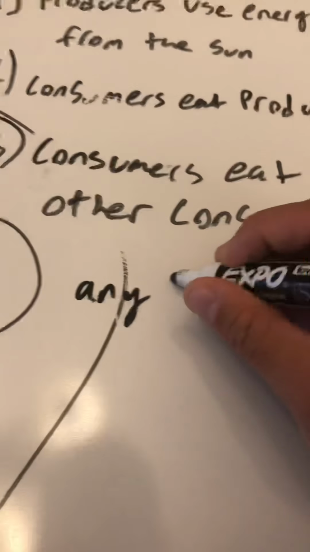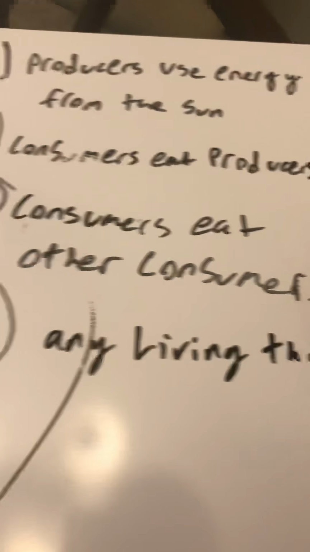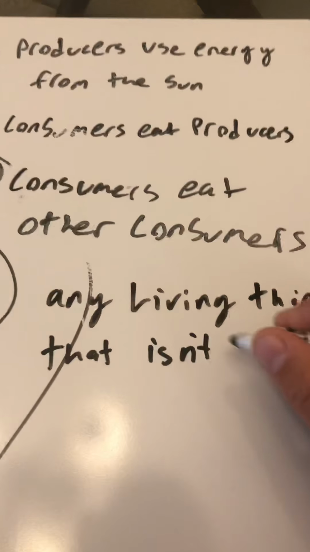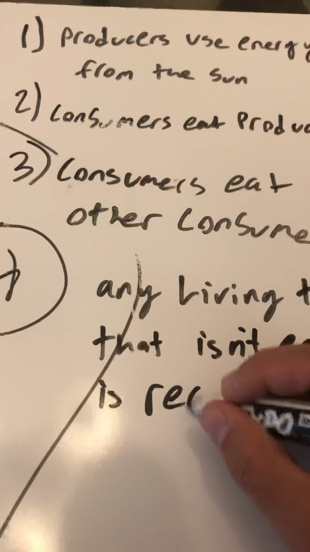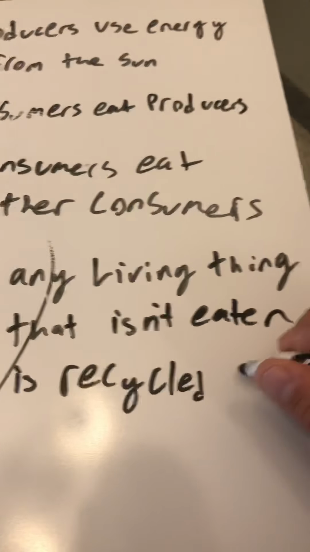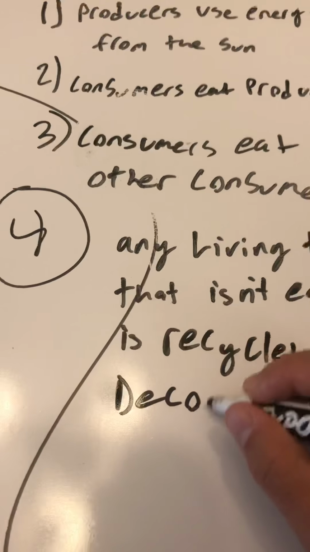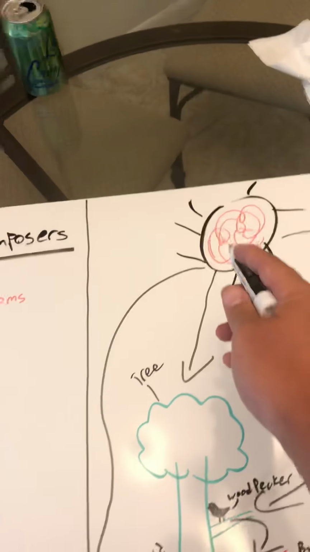So step four is any living thing that isn't eaten is recycled by decomposers. So what this all means is that all of this energy goes sun, tree, bug, thing that eats the bug, things that eat the thing that eats the bug,